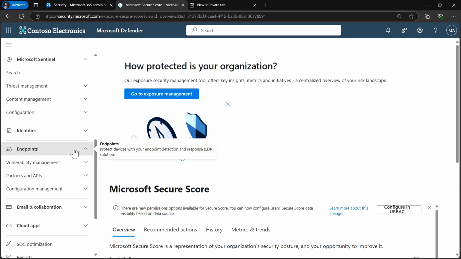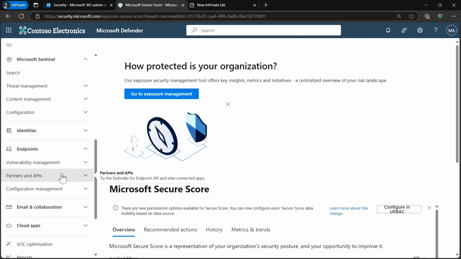And from here you can access the vulnerability management dashboard, recommendations, remediation, weaknesses, and more. And we have also partners and APIs, and from here you can select connected applications and API Explorer. And you have also configuration management, and from here you can view the device configuration management dashboard. And you can also define endpoint policies and track deployment if you want to.